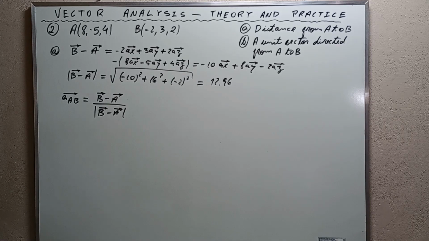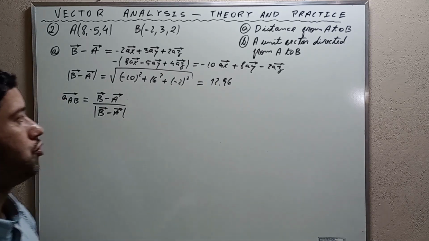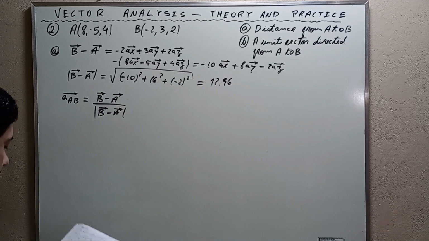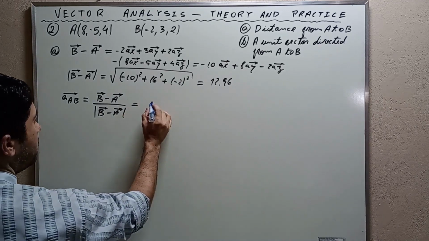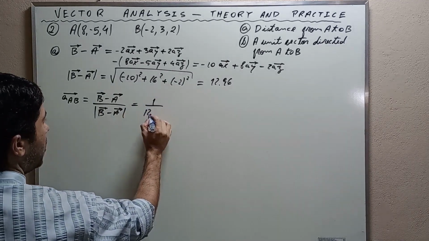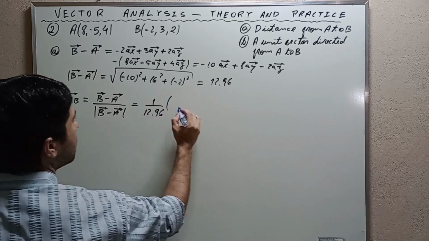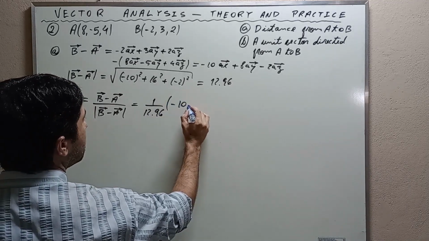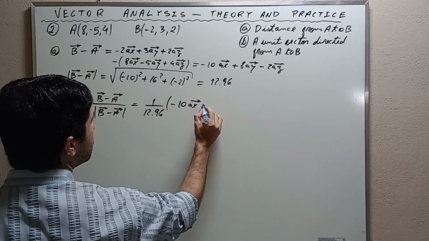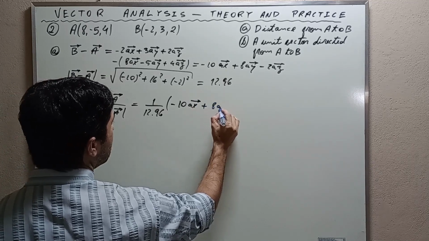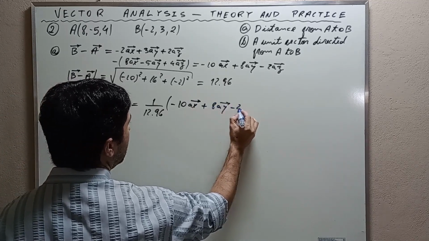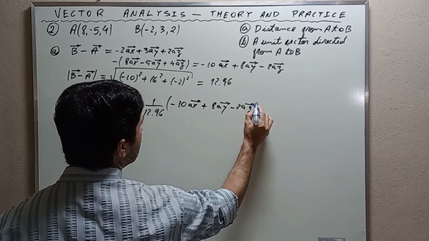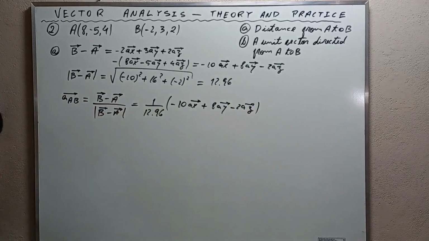We calculated the magnitude, 12.96, then it is going to simply be 1 over 12.96 times negative 10 ax plus 8 ay minus 2az,